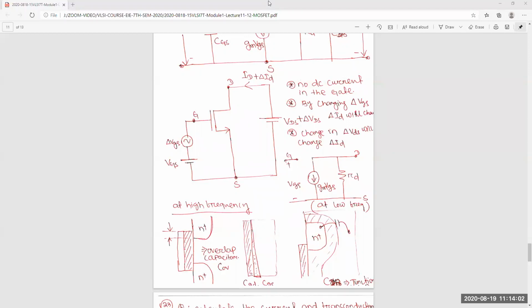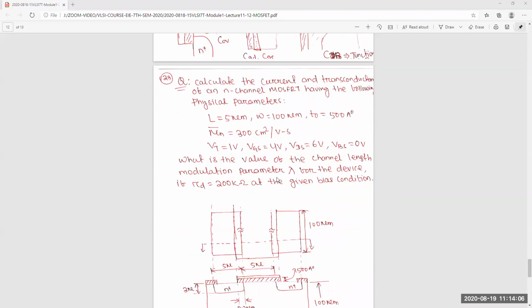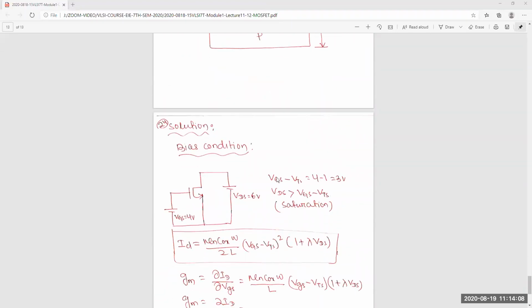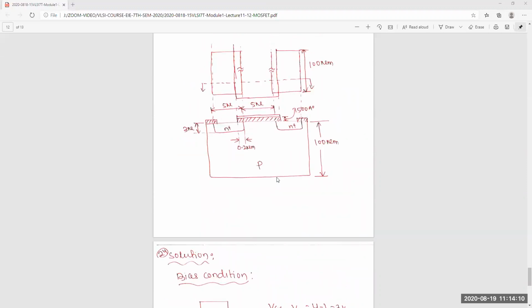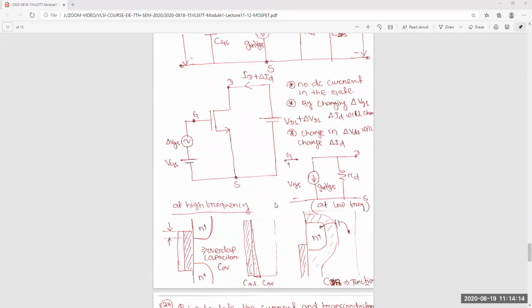Okay, we'll move ahead. So this is all about our MOSFET. But before going to the problem, I want to share something once. Actually, I prepared one slide for this capacitance also, just wait.